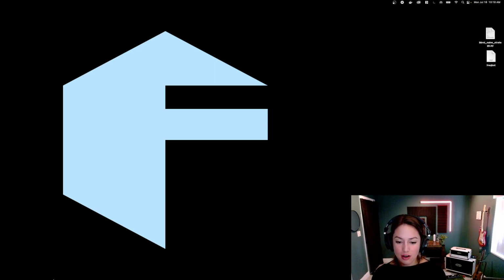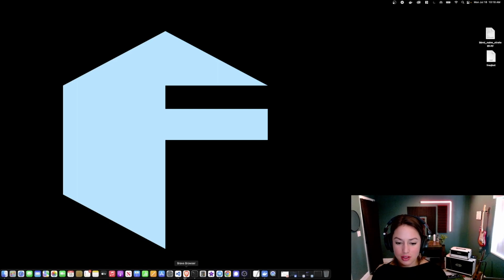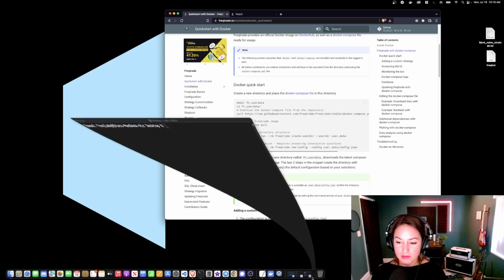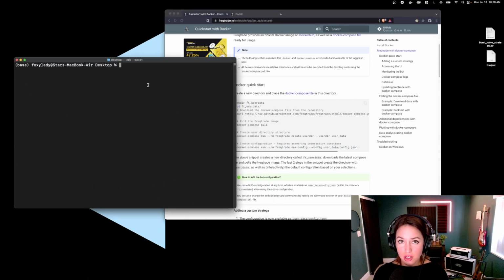Okay, we're going to get started by navigating to freqtrade.io, and on the left-hand menu is a link, Quick Start with Docker. We're going to go to the Docker Quick Start commands a little down the page, and then open up our terminal. This could be in Git Bash on a Windows machine, of course a terminal on a Linux or a Mac machine, and we are going to make a directory called